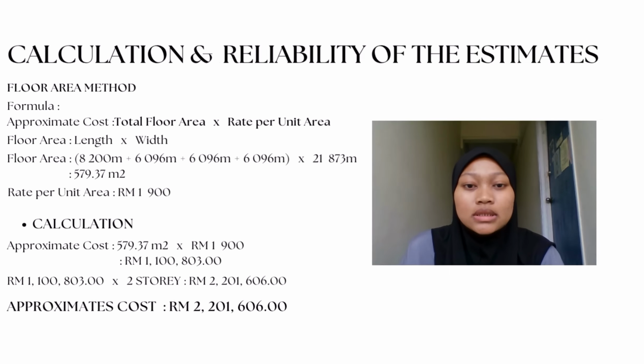1,100,803 ringgit. Since this is a two-story building, we multiply 1,100,803 ringgit by 2. This gives us a final approximate cost of 2,201,606 ringgit. So now let's consider the reliability of this estimate, especially for this project, which is a two-story shop office